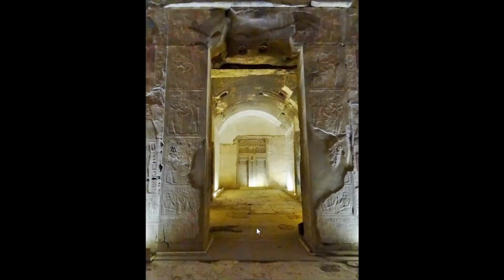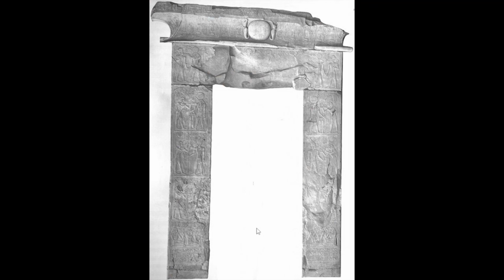Here you can see the exterior face of the entrance gate of the Inner Sanctuary of Ra-Harakhty, looking towards its interior. On the exterior face of the entrance gate are represented a total of 12 scenes, 6 on the jambs plus 2 on the lower friezes and 4 on the lintel. The king represented is always Sethi I. Now I will describe and analyze in detail each scene.